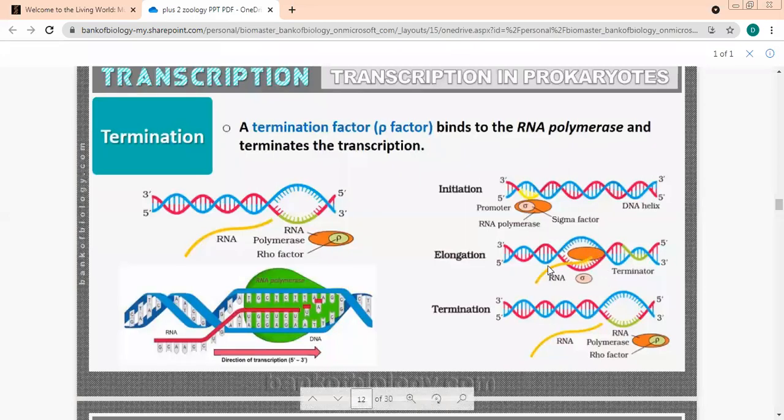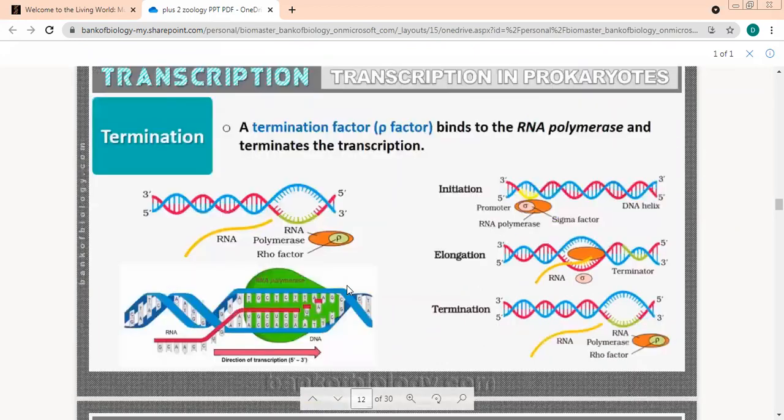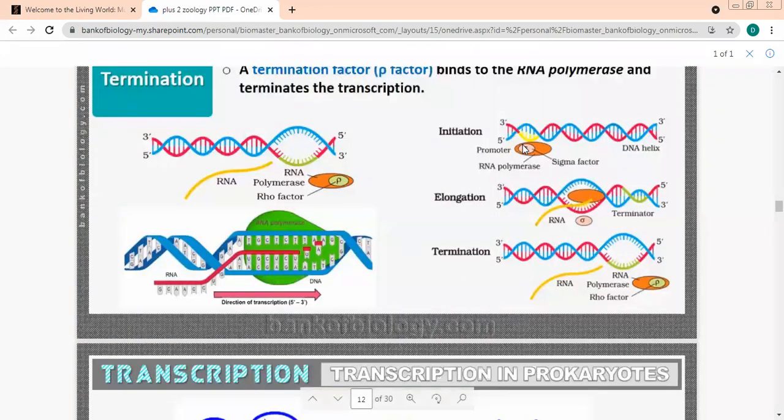If you see from here, RNA synthesis has already started. Now we have this factor binding over here. Fine, Rho factor, termination factor. This will bind to the RNA polymerase. Can you see this Rho factor over here? Everything was going fine until now. It started from here, and the RNA polymerase keeps moving ahead. If you see this RNA polymerase, it binds here initially, as we talked about. Then it has moved ahead and reached the middle. Now it is coming toward the last part.